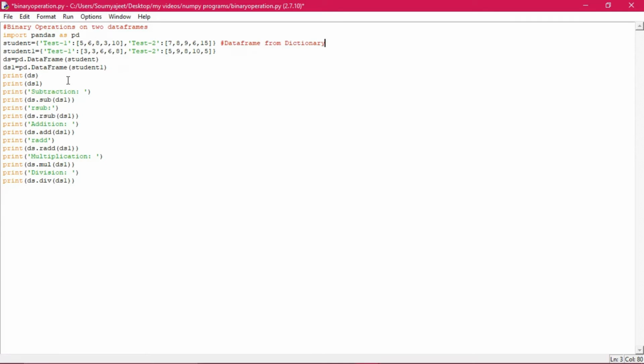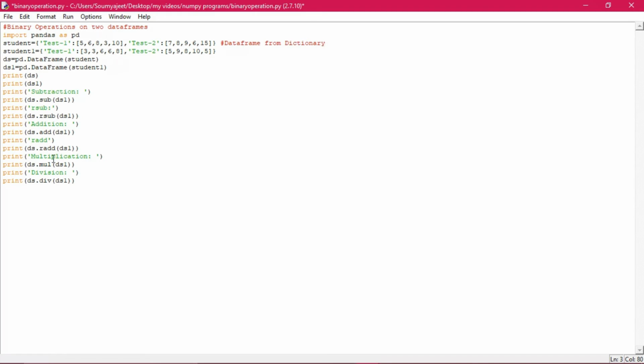Now you see what is the meaning of this one. sub, rsub, add and radd, all these things, multiplication and divisions. So this is actually the binary addition. Any kind of operation can be done here, like addition, subtraction, multiplication, division.